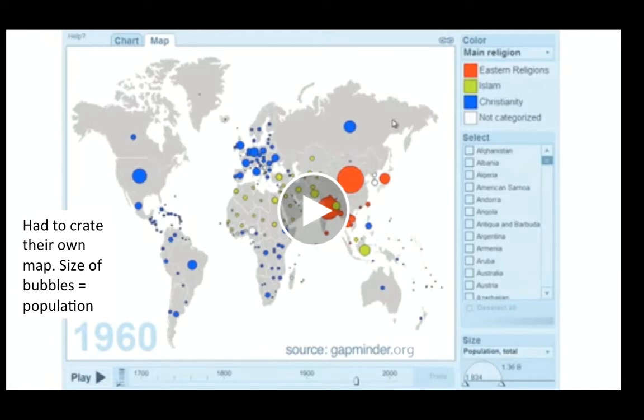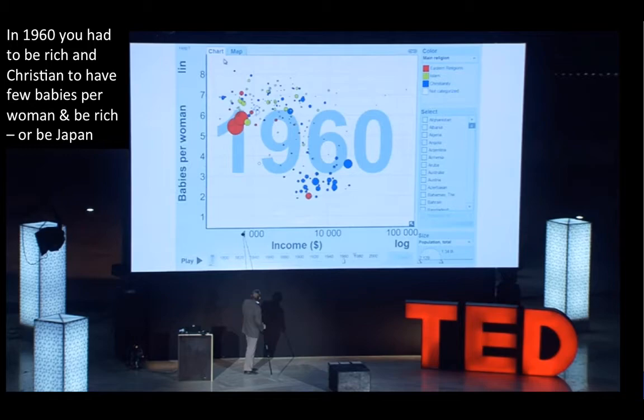And then there are 1 or 2 white circles in there, which are countries either where the data is not very good or where no single religion has more than 50% of the country. So he creates a picture of the country here in 1960. And then he starts to plot the data, and he's using 2 scales here. Along the bottom, he's got income, and you'll notice that it's a log scale. So it goes from $1,000 on the left to $10,000 in the middle to $100,000 on the right. And on the left-hand side, babies per woman.